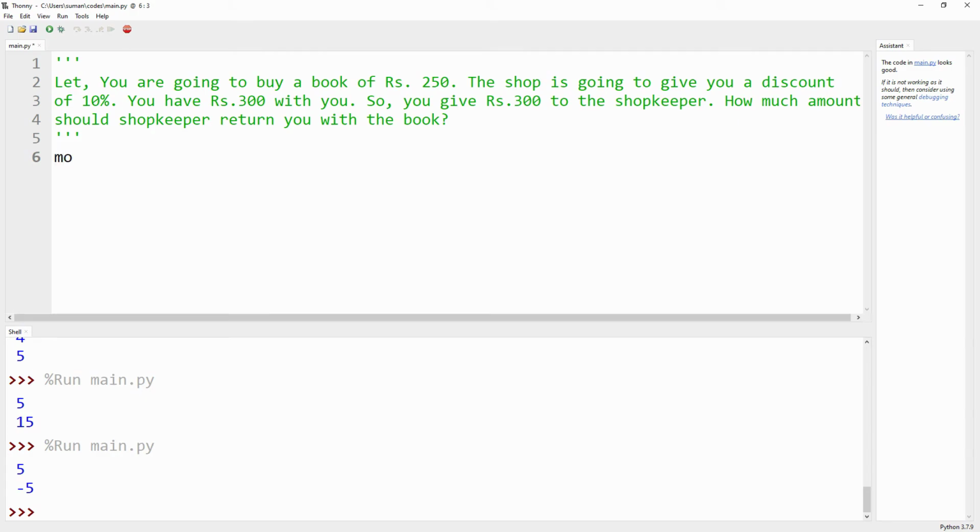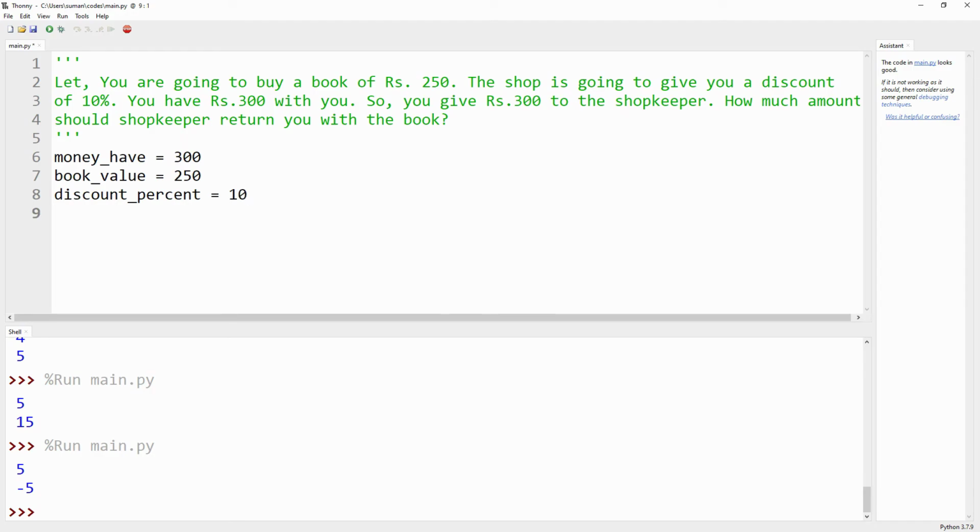Suppose we have a variable money underscore I have, and that is obviously 300. Then another variable, suppose book value, and that is 250. Next we give another variable, discount underscore percent, and that is 10.